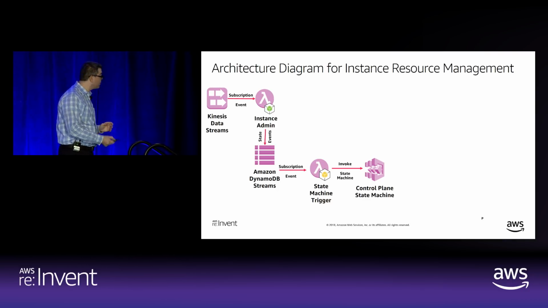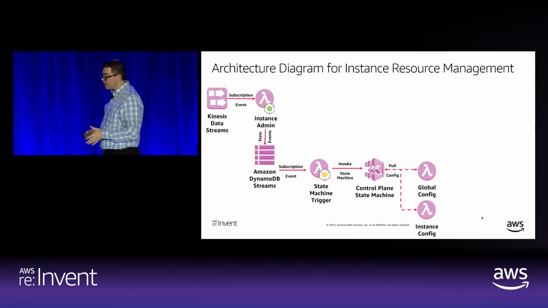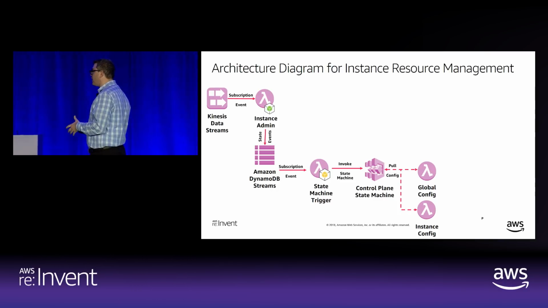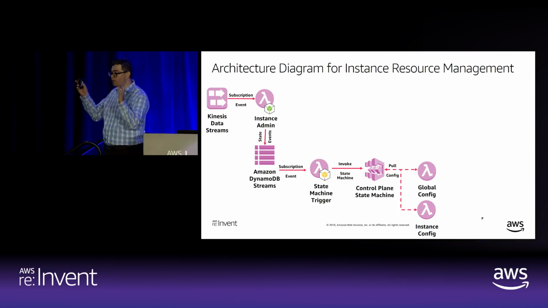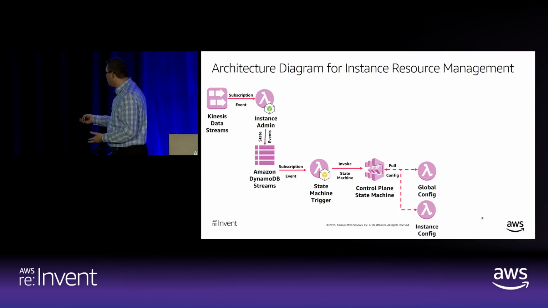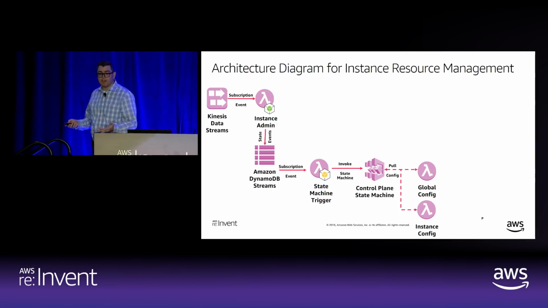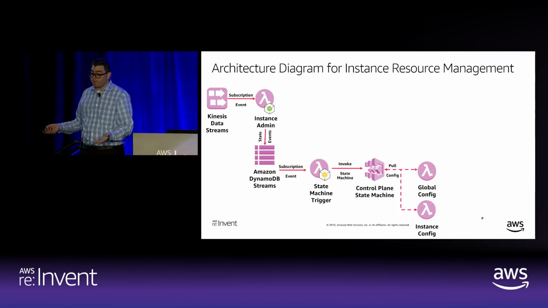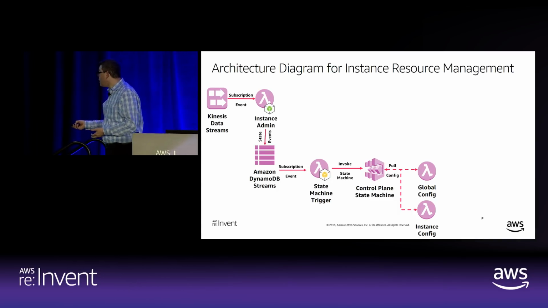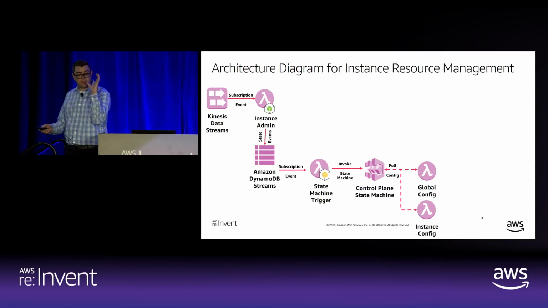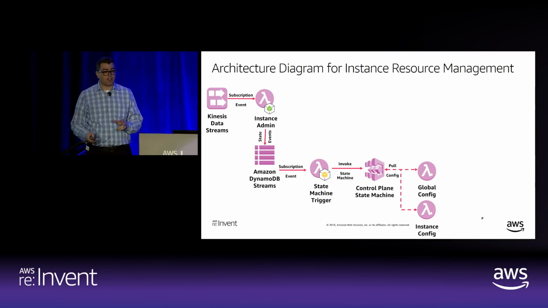And that's crucial here. So just like every other large-scale ISV solution, one of the things that you would want to do is you would need a configuration that would be specific to the instance, where you specify that every instance or workload that's X type of workload would need some specific type of enrichment data that's used to provision it through the process. So my control plane, through any number of Lambda functions, or it could be pulling, maybe pushing and executing through Docker containers, right? That state machine through Step Functions will go ahead and pull my configuration for that type of SKU and pull that information also similarly from a global configuration.